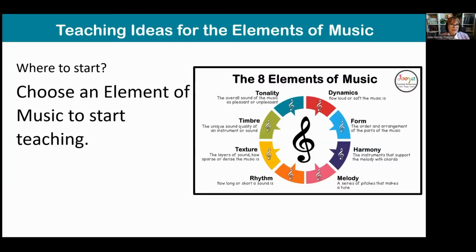So sometimes it's hard to know where to start with the elements of music. And honestly, just pick one. It really doesn't matter. Just choose one and pick one. So for some people, they might go, well, look, you know what? I'm going to just do dynamics, because it is pretty easy to do dynamics in terms of,